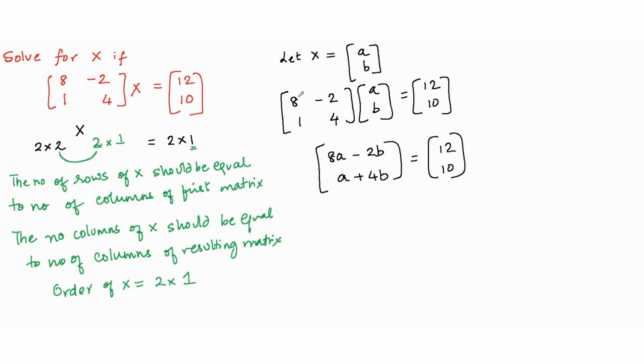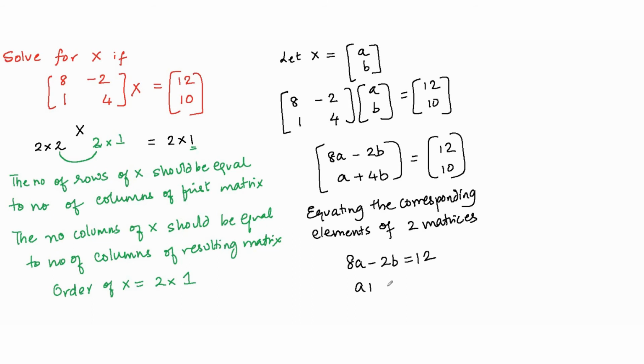Okay. So the first row was 8A - 2B, that is how I got this. And 1 into A was A and 4 into B was 4B. So A + 4B was 10. So now equating the corresponding elements of the two matrices, what we get is 8A - 2B = 12 and A + 4B = 10. Let's multiply the first equation by 2. So 16A - 4B = 24 and A + 4B = 10. Adding, you get 17A = 34,